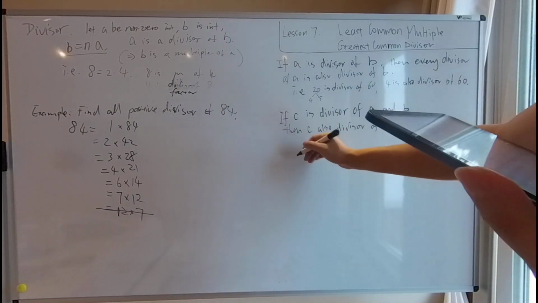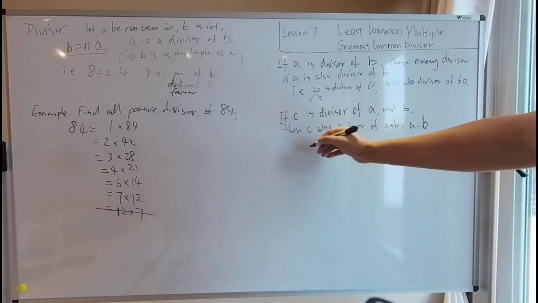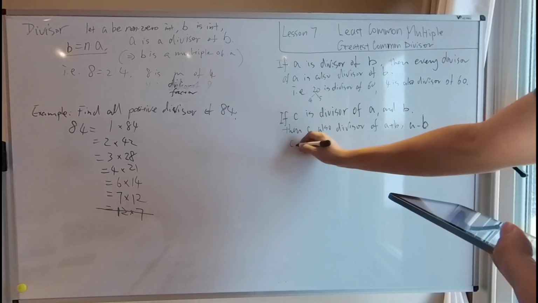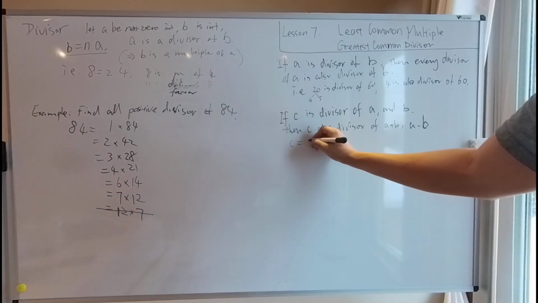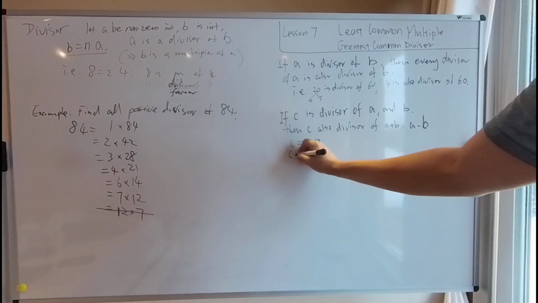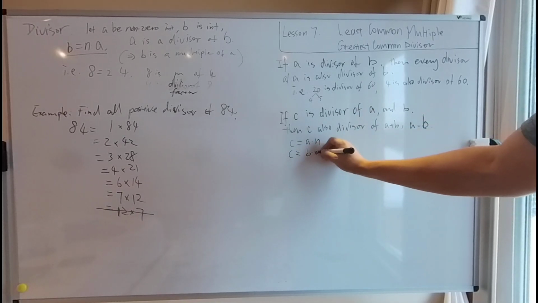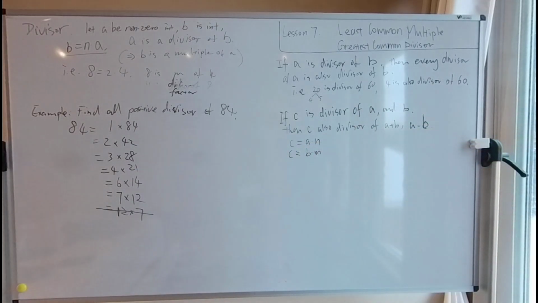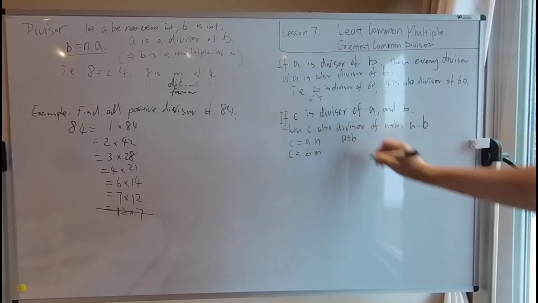So this, for example, well, I don't even need to write the example. Like, for example, if c is a divisor of a, a can be written as c times an integer n. And if c is a divisor of b, b can also be written as c times another integer m, for example. Then a plus b or minus b